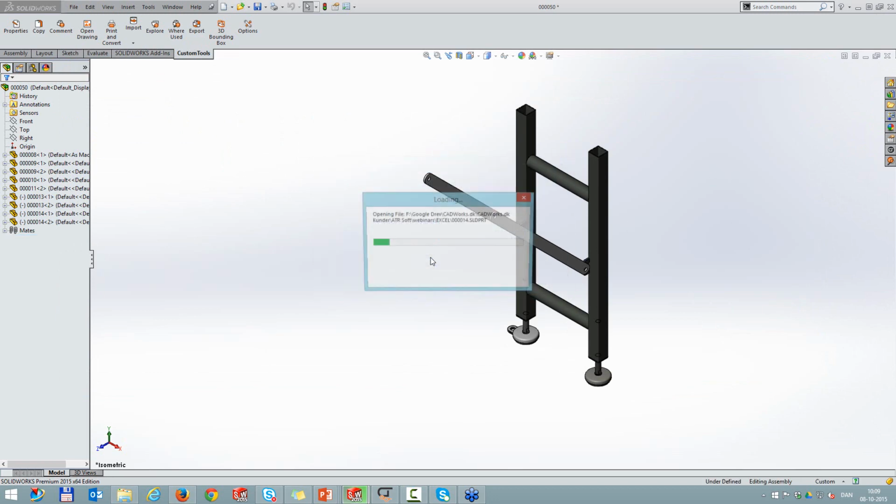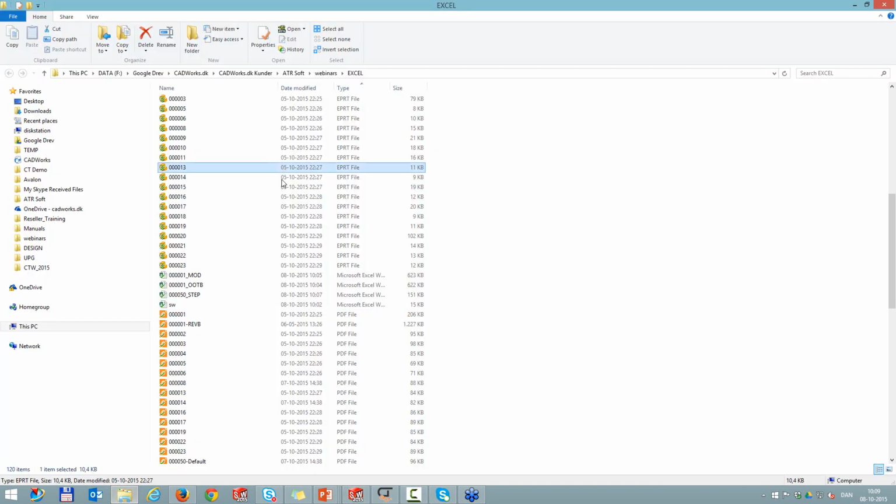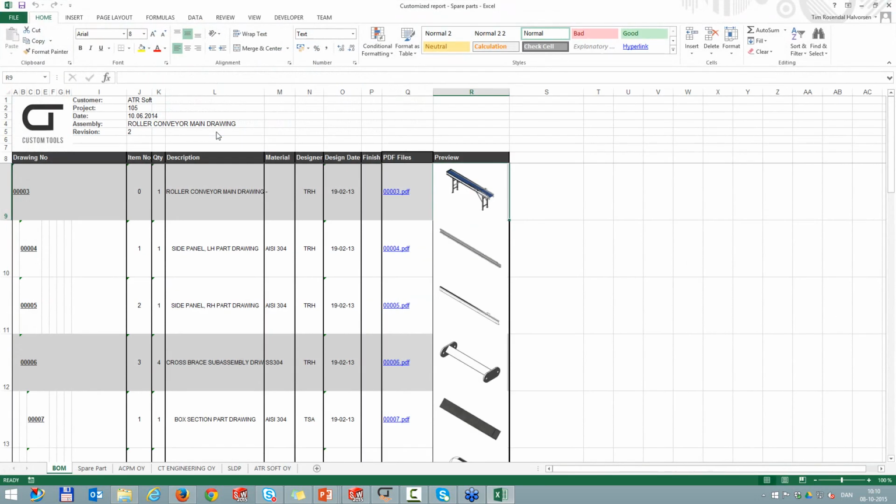And then I'm going to show you what we have done for other customers. So I'm going to open up my Explorer. And these are small projects that we did for other customers earlier on. They saw the Excel export and they wanted to add more functionality into this. So we had some great discussions with these customers, and we added a lot more functionality and really time-saving tools for them. So the first one is just a standard bill of material with some small tweaks.